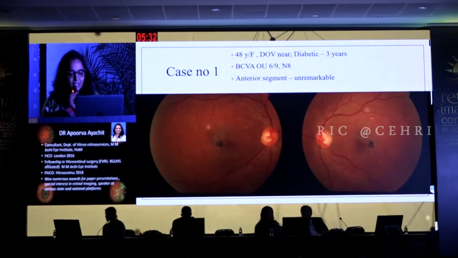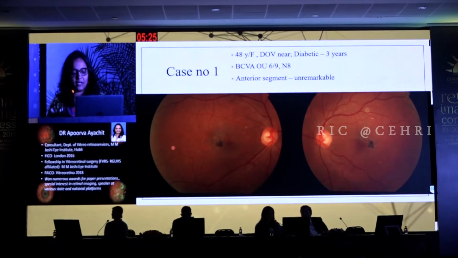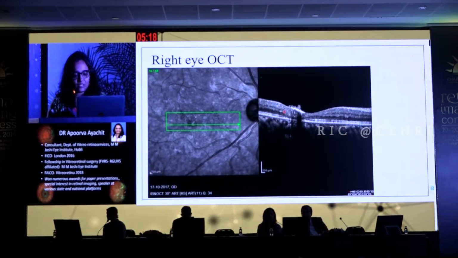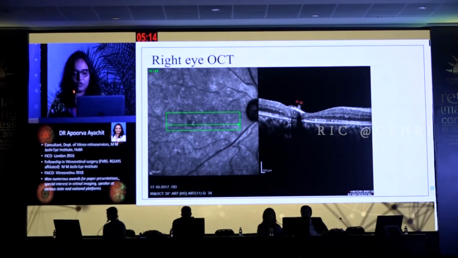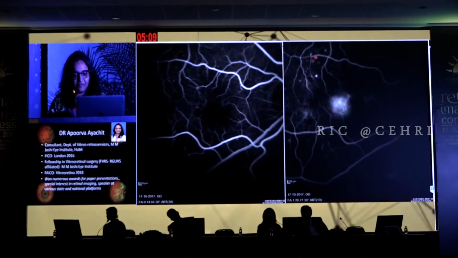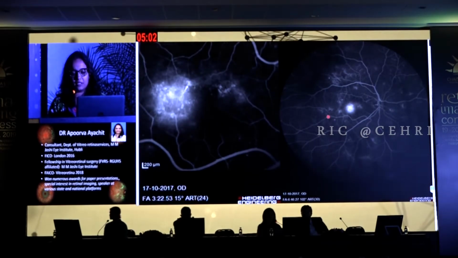So this was the first case that we saw, a 48-year-old woman who has diabetes as well and changes of moderate NPDR in the background, and this is the pigment that she has along with other features of MACTEL. What was interesting was that the pigment was almost extremely superficial and there was this strange membrane on top of it. This is what she had in the FA along with DR changes. There was this temporal staining. And this wide field was just done to show that there was no evidence of PDR elsewhere.